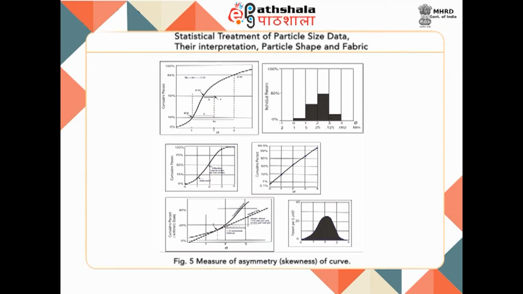So, skewness, also known as SKG, is phi 16 plus phi 84 minus 2 phi 50 divided by phi 84 minus phi 16. In this case, 1 plus 3 minus 2 times 2, divided by 3 minus 1, gives 0.50 as the skewness value, that is the asymmetry of the curve. Note that the median is displaced by 0.50 of the way from x. This defines the asymmetry of the curve, and then we call it the inclusive graphic skewness.